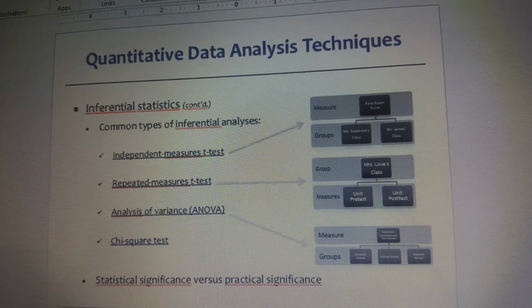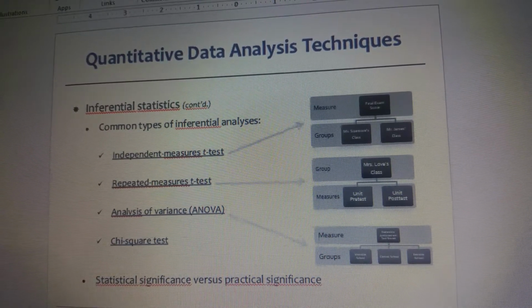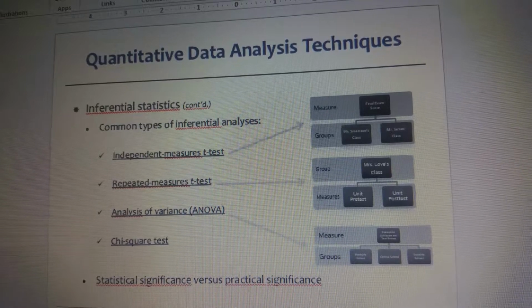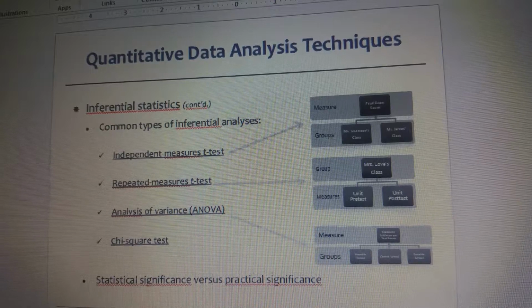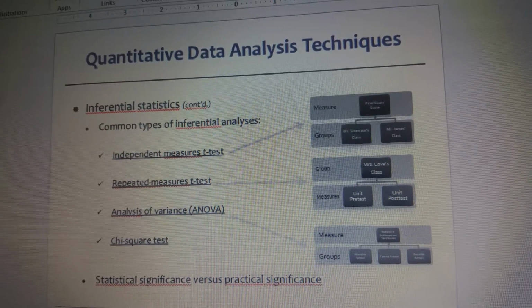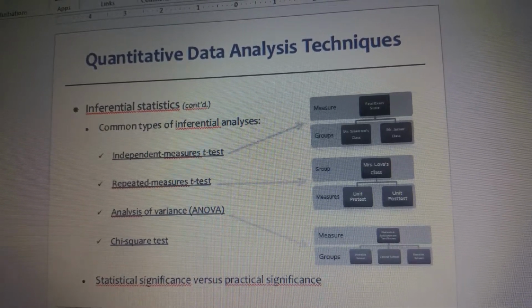Sometimes we want to examine the difference between more than two groups. For example, if I want to see if there is a significant difference between section 1, section 2, section 3 and section 4, four sections, I will use ANOVA, analysis of variance. So it tells me exactly if there is a significant difference between those sections or not. And if there is a significant difference, where is the difference? Which groups differ from each other and which groups do not? So we use these three tests if we have continuous